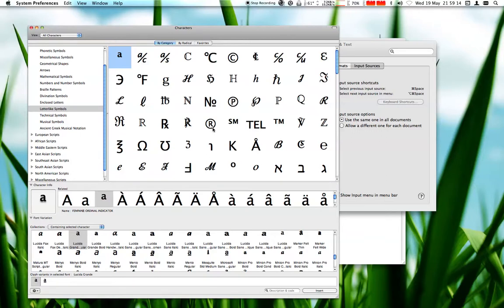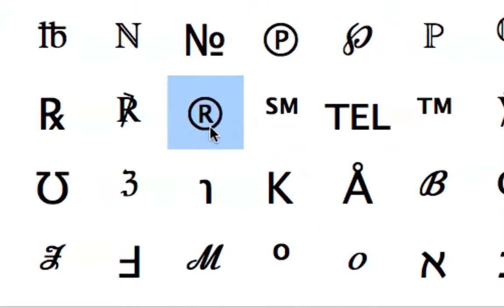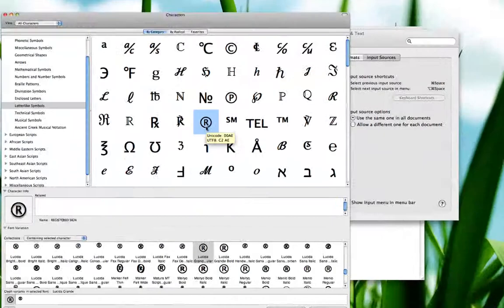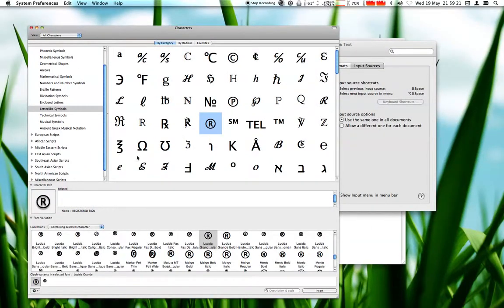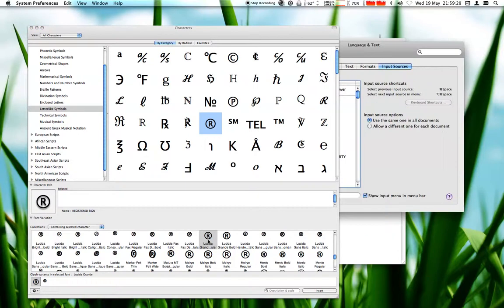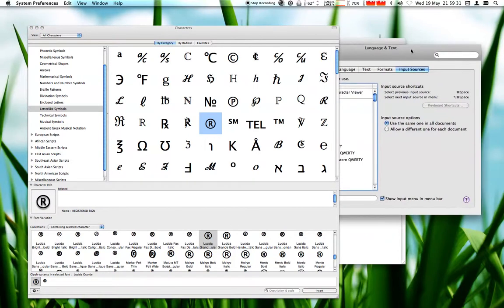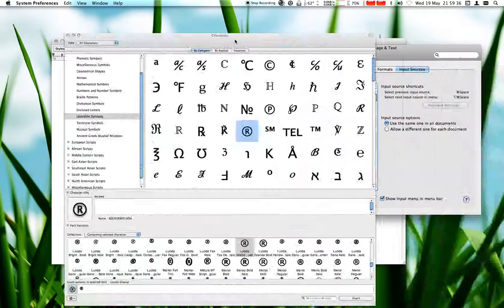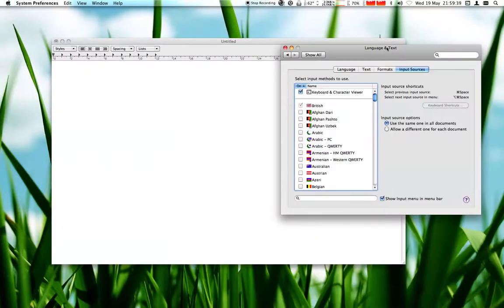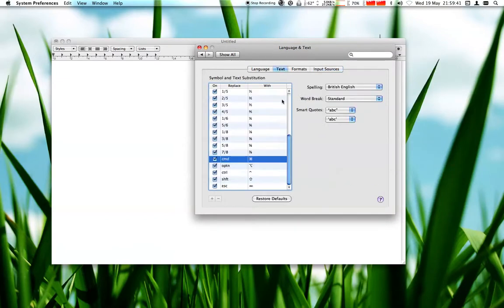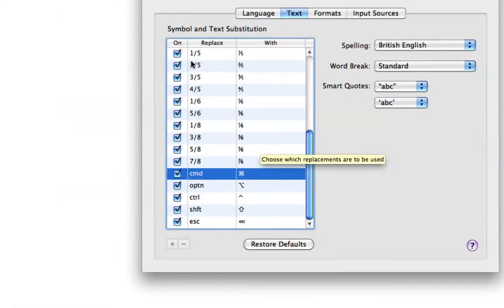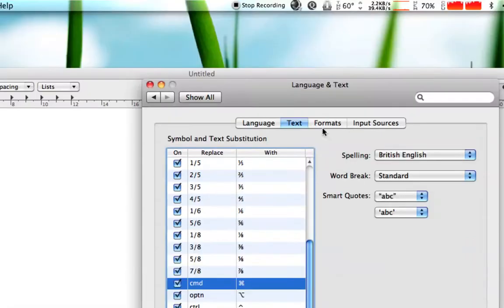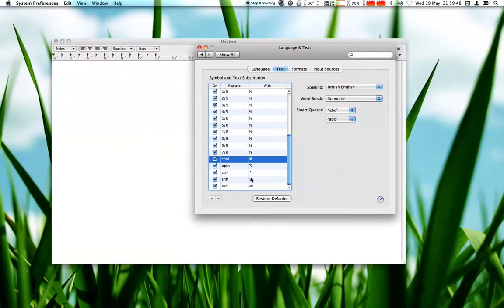And so it's these shapes that we want to be able to put into a new keystroke. So let's take, for example, the registered trademark icon there, which is just a single character. If we double click that, that has now gone into the clipboard. Okay, and just to demonstrate that, this is a floating palette, so it always takes preference over everything else, so I'm just going to move it off onto my other monitor to the side here. You can't see it anymore, but believe me, it's there. And we're going to go back into the text entry panel at the side of the language and text system preference,